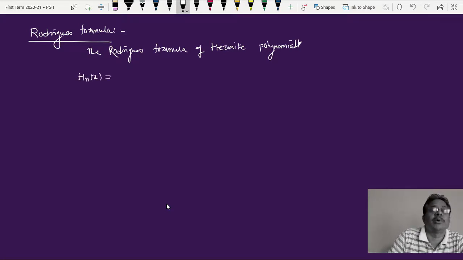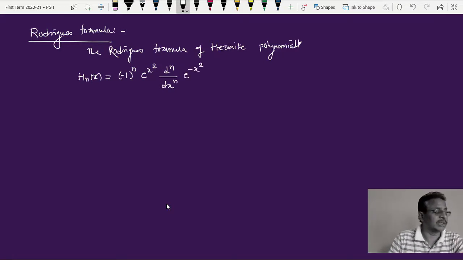Hn of x can be obtained by taking this calculation. It is minus 1 raised to n, even and odd will be decided by that, e raised to x square into d raised to n upon dx raised to n of e raised to minus x square. So try to understand this. This is e raised to x square into d raised to n upon dx raised to n into e raised to minus x square, and this is minus 1 raised to n. That is the expression of the formula which is called the Rodrigues formula for the Hermite polynomial. Okay, now